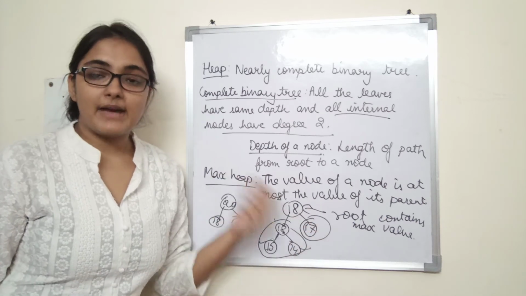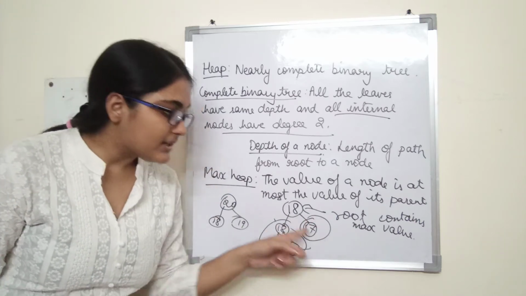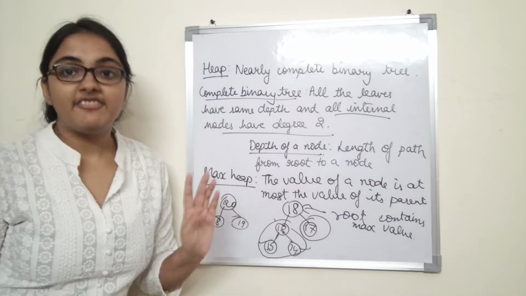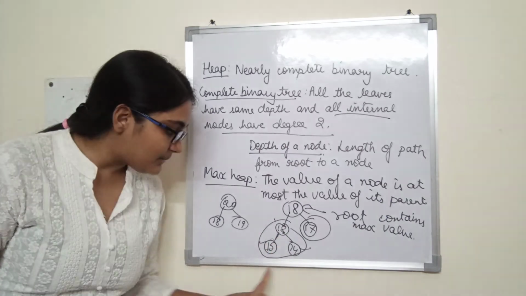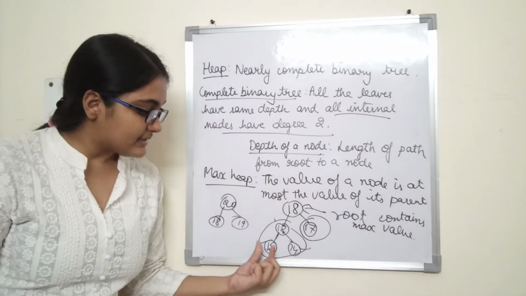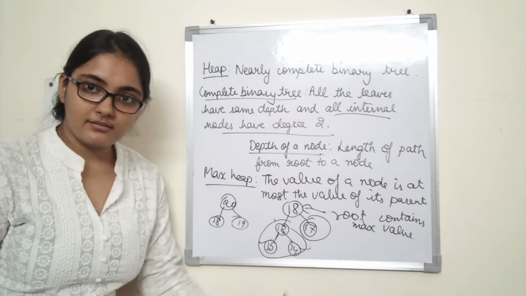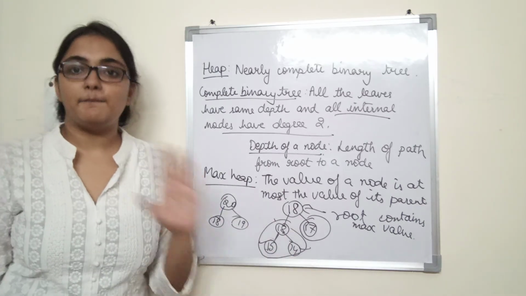Why? Because the max heap property is that the largest element should be at the root. For this subtree, this itself is the root and it does not have any children. For this subtree, this is the root and it has the maximum value. If we consider a subtree with this as root, this is the maximum value and it does not have any more values. So a leaf is by default a max heap.